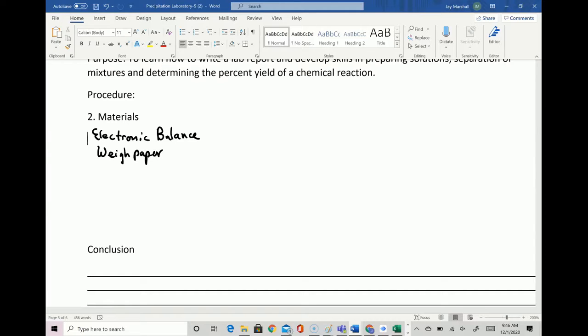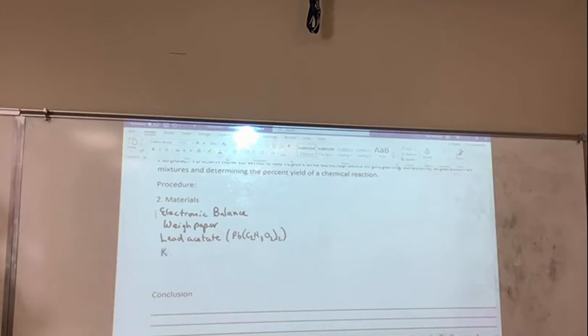And then what did we weigh on it? So lead acetate. And it would be good to write out the name and the chemical formula, PbC2H3O2. And then what was the other reactant? Potassium iodide. Oops, doesn't start with a K. Write it on the data, and then you're going to